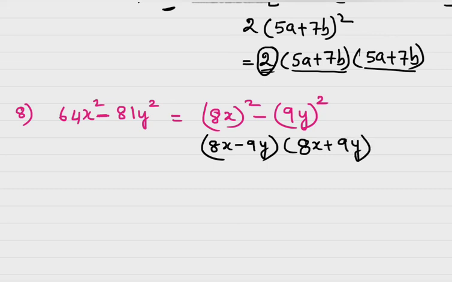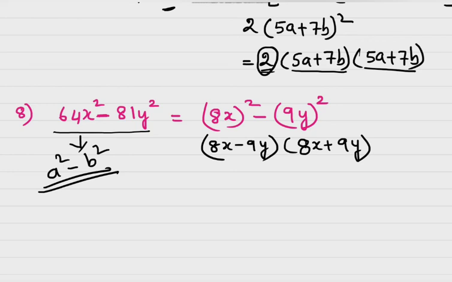Do not get confused with a minus b whole square. This is of the form a square minus b square. A square minus b square is different from a minus b whole square. This you have to keep in your mind, because otherwise you'll solve all the sums wrong. A square minus b square is a minus b into a plus b, whereas a minus b whole square is a square minus 2ab plus b square. Okay children,